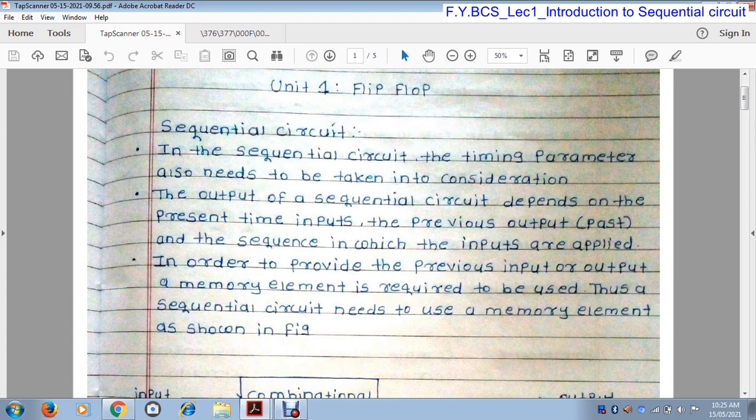In the sequential circuit, the timing parameter also needs to be taken into consideration. In combinational circuit, there are different combinations of logic gates, but the memory element is absent. That means when a logic gate generates the output, this output cannot be stored in case of combinational circuit.